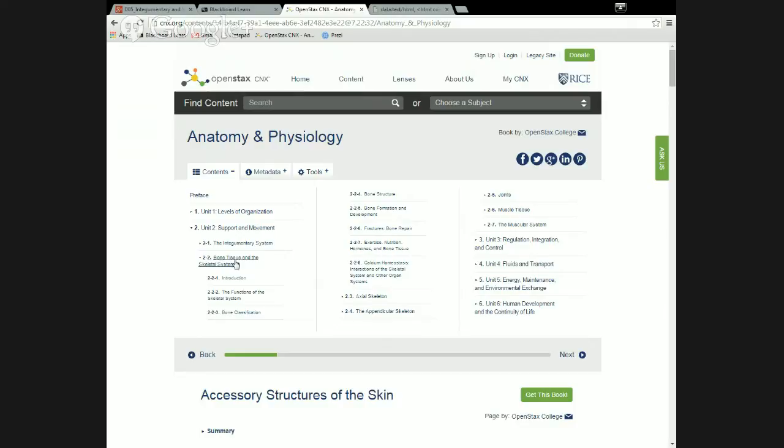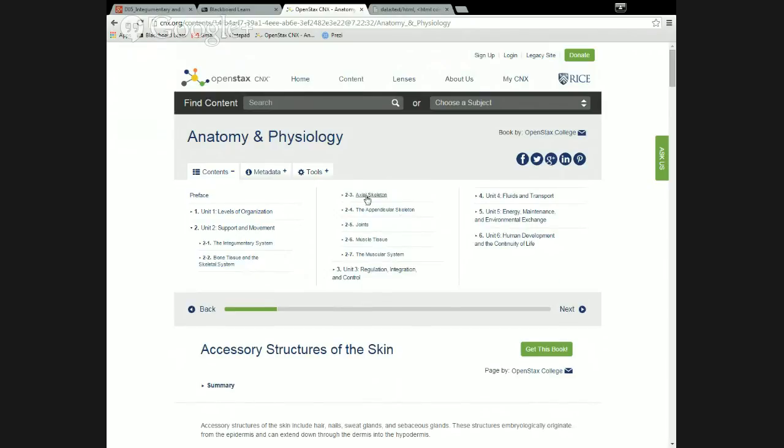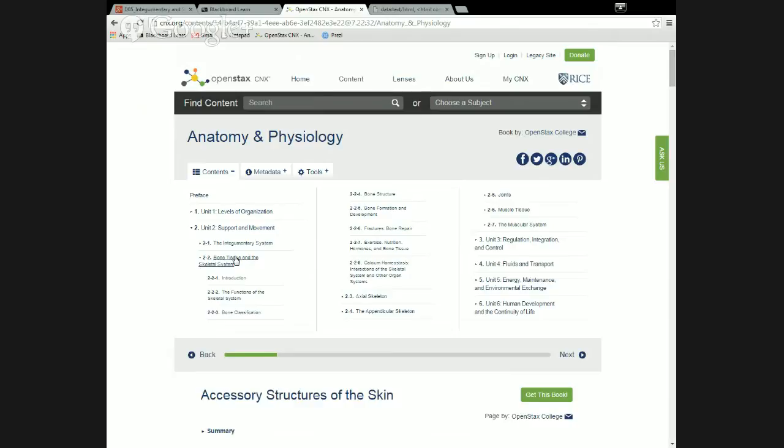The next chapter, which is axial skeleton, and then the chapter after that, appendicular skeleton, those two are basically talking about the names of bones, where bones are in the skeleton, what they look like, their features, that kind of thing. And that's pretty much what we're going to concentrate on for the lab component next week. Okay. I do want to say a few things about the structure of bones and